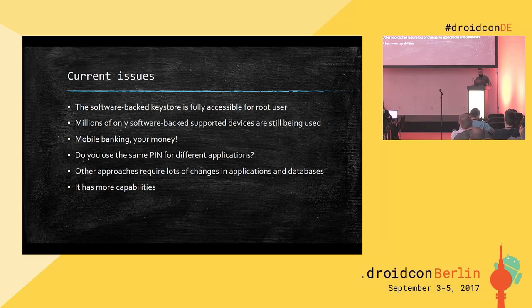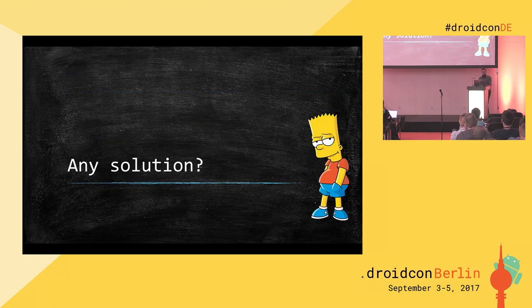If you want to use fingerprint authentication in any way besides the PIN code, the current ways need lots of change in the database, in the server-side application, in the structure of the application, or maybe even network communication. Of course, you can use fingerprint authentication and PIN code authentication both together to build more capabilities, for example, like two-factor authentication. So we should find a good, easy, and cheap way to implement this